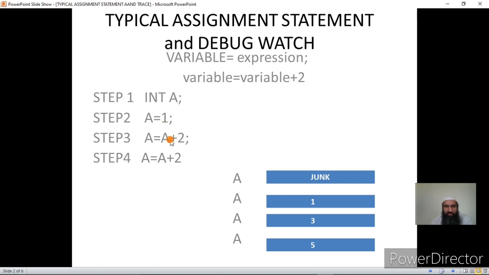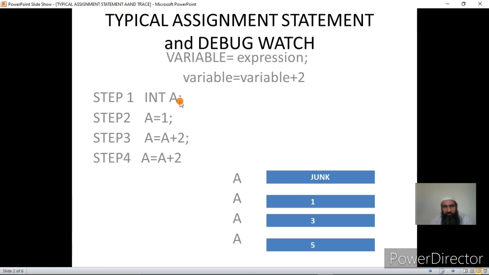Right. So let us see what the compiler will do once it gets these statements in order, since the statements are executed one by one. Once the computer, or the CPU, executes the first statement, it understands that it has to allocate a memory and name that memory as A. Now the second statement makes it put a value 1 into A. This is what I have shown here.